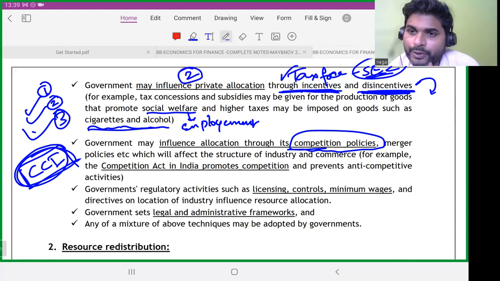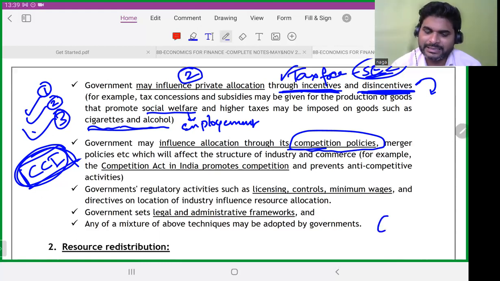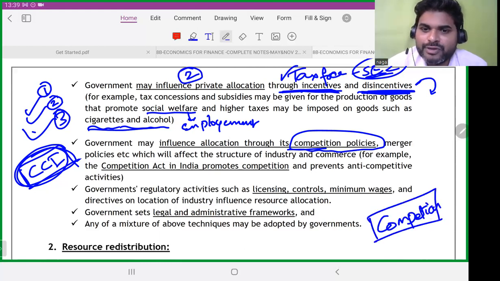The government, by having these policies, influences the resource allocation and ensures everything is available for social welfare, I mean, it is available to everyone. The demand and supply match. The competition exists in the economy, in business, right? These are the ways government influences the resource allocation function. One, government can produce. Second, it can directly influence the resource allocation function.